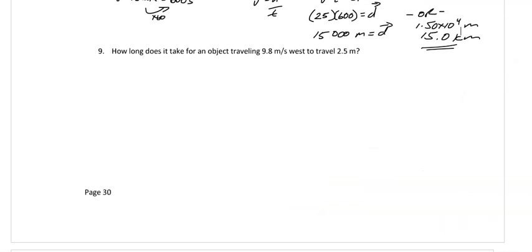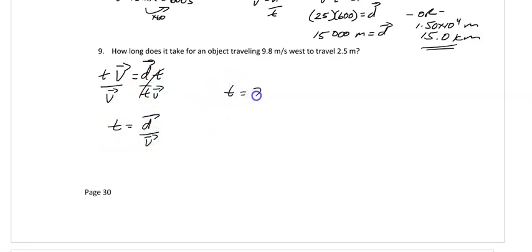Number 9 says, how long does it take for an object traveling at 9.8 meters per second to travel 2.5 meters? Well, again, we're manipulating this formula, but really we want to get this time up to the numerator position first, multiplying both sides by time, and then dividing both sides by the velocity. So a cleaned up version is time is equal to the displacement divided by the velocity. That displacement was 2.5 meters divided by the 9.8 meters per second,